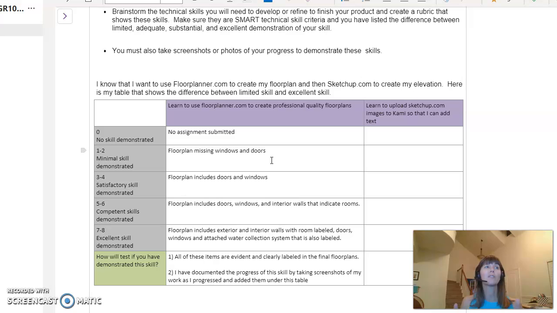And then finally, for those excellent skills, I'm able to do everything that she asked for with this software. I have a floor plan. It includes exterior and interior walls with rooms labeled, doors, windows, attached water collection system, and everything's labeled really nicely. Okay. And that to me would show excellent technical skill that you've evolved through learning how to use this software,